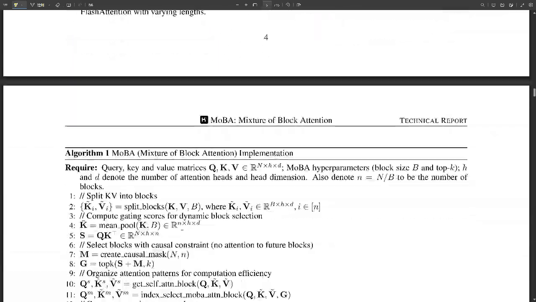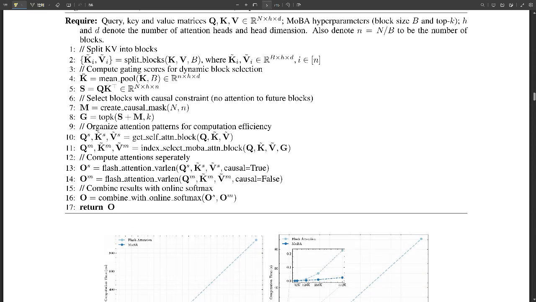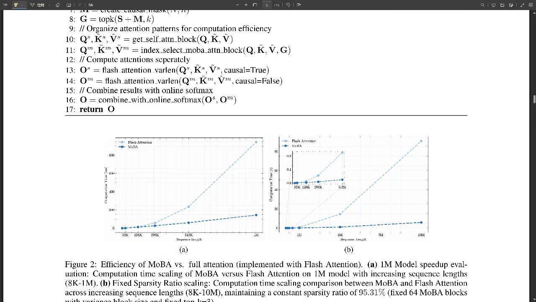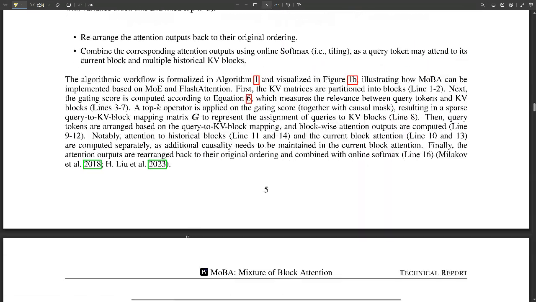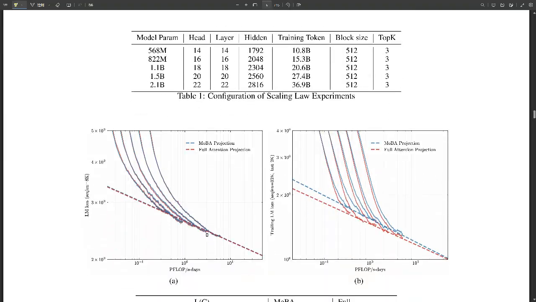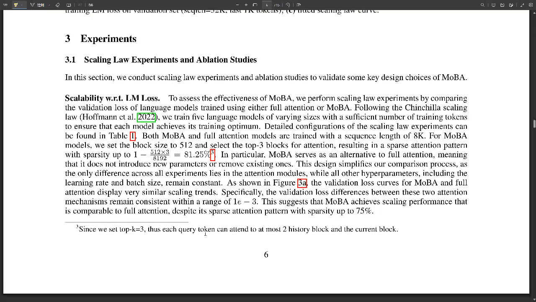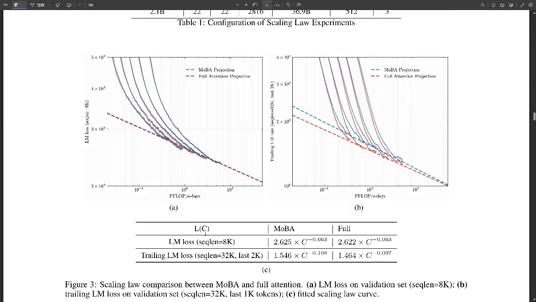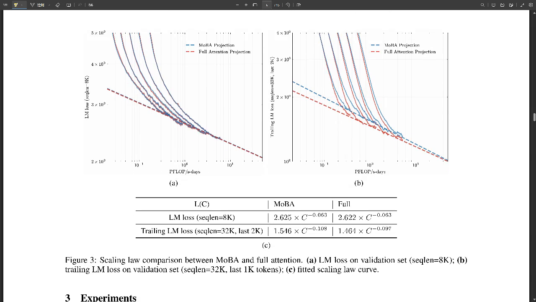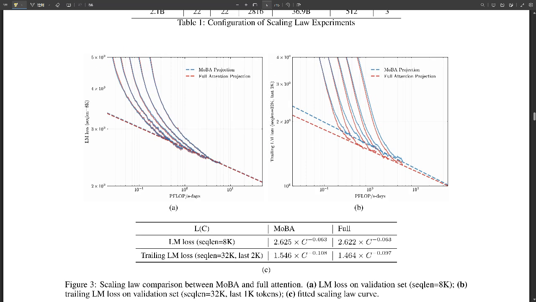Okay. The researchers found a curious pattern in MoBA's performance. What did they observe about those trailing tokens? Well, it seems like that would be the point where MoBA's approach might struggle. You would think so. Yeah. But they found the opposite. Really? The performance gap was actually most pronounced in those trailing tokens for shorter contexts. Okay. As the context length increased, that performance gap narrowed. So MoBA actually gets better at handling those trailing tokens. Yes.